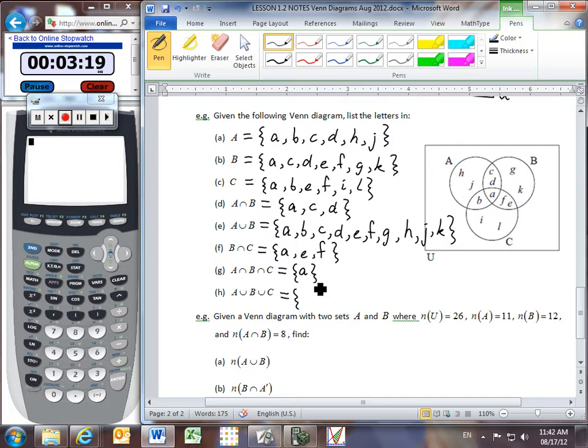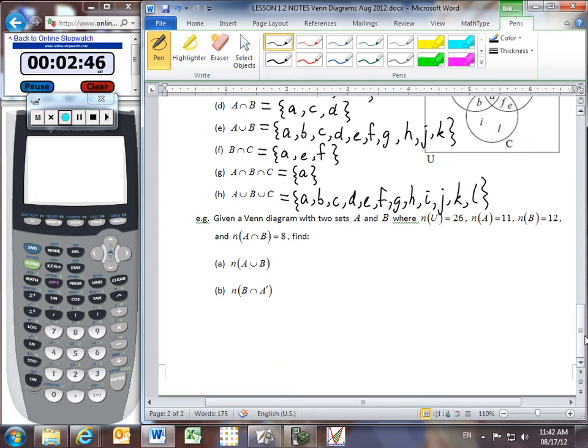And lastly, A union B union C. That catches everything in A plus everything in B plus everything in C. Well, look, that's clearly everything inside my entire universal set. And so I've got all the letters from A through K: A, B, C, D, E, F, G, H, I, J, K. Oh, and also L, right? Yes, okay. Great. Last example